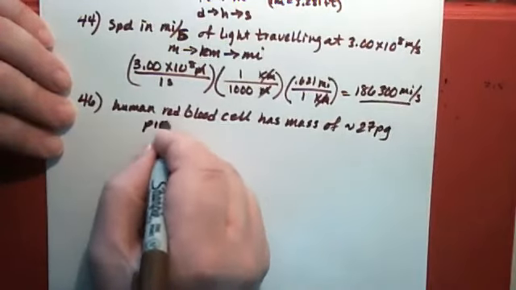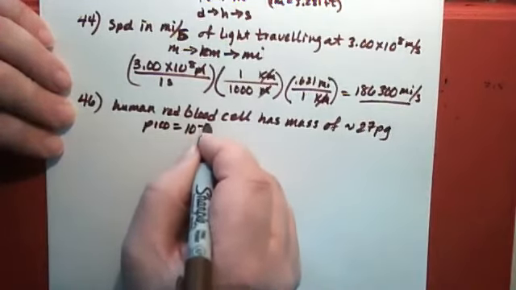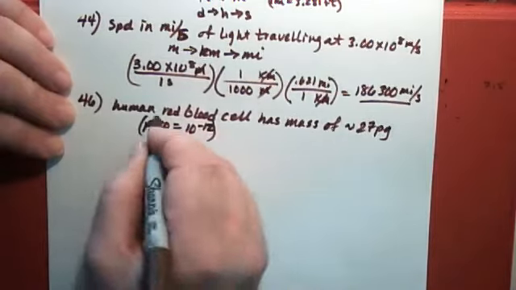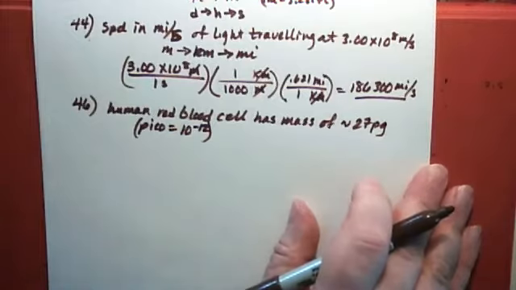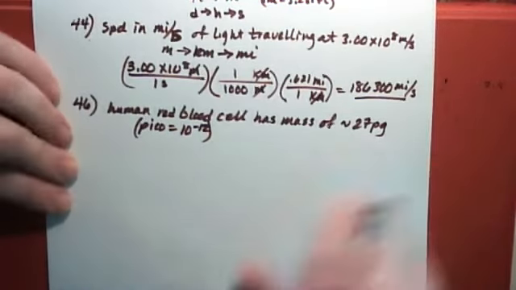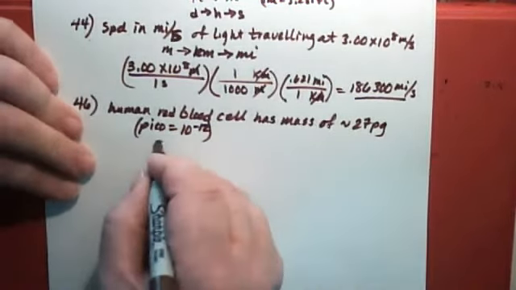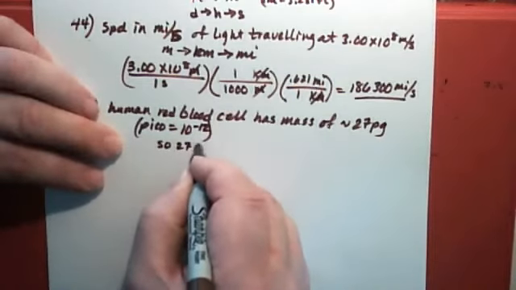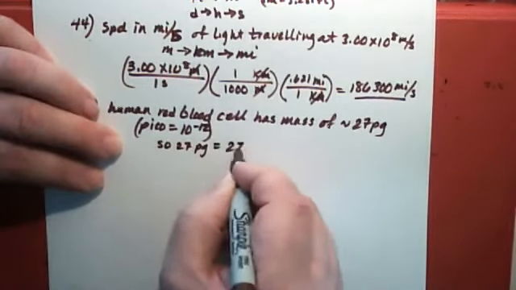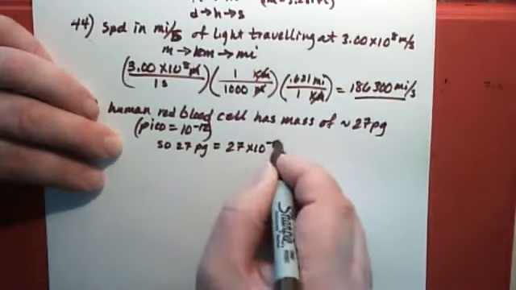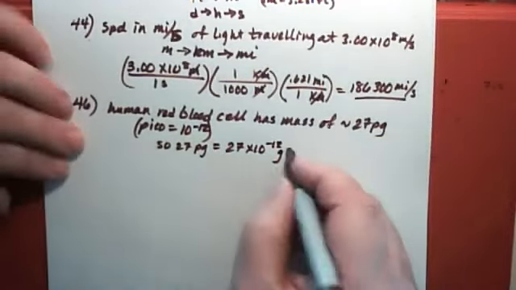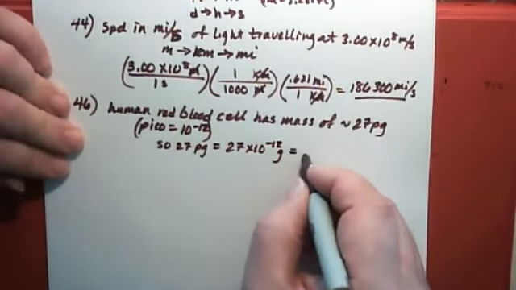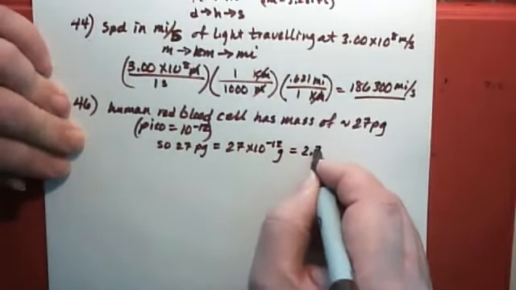The prefix pico means 10 to the minus 12 of a unit. So 27 picograms means 27 times 10 to the minus 12 grams, or in proper scientific notation, that would be